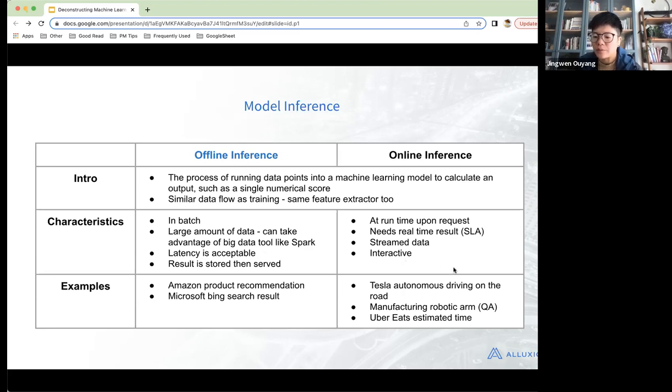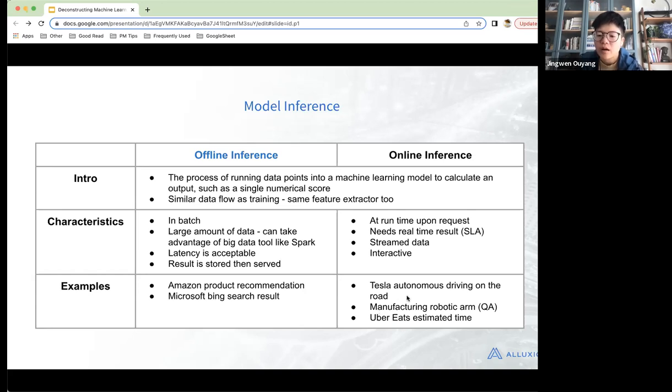So it's more acceptable in comparison with the online one. The online one is usually, for example, I'm using my phone, and then immediately we have to serve something to the user, or, for example, in a manufacturing process, there's QA. If there's a robotic arm, we need to know whether that chip is bad, whether we need to throw it out or not.